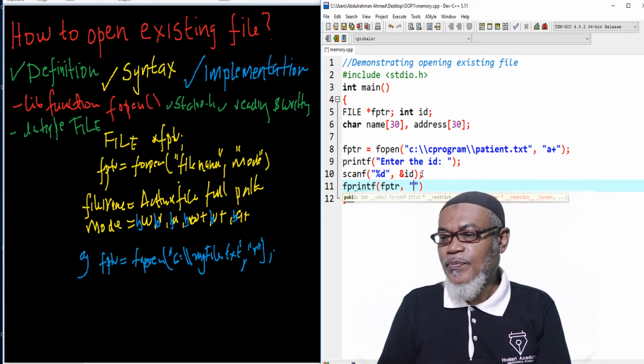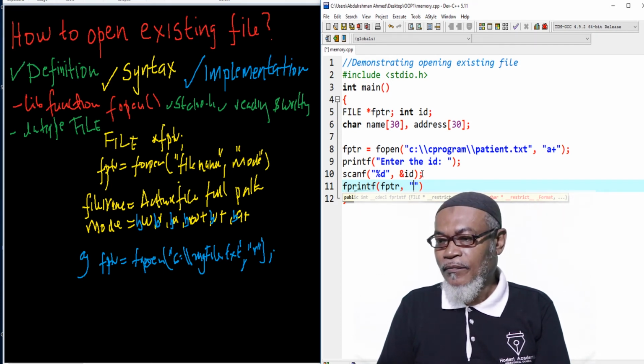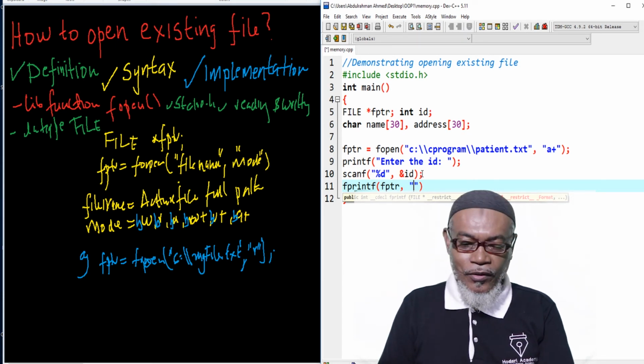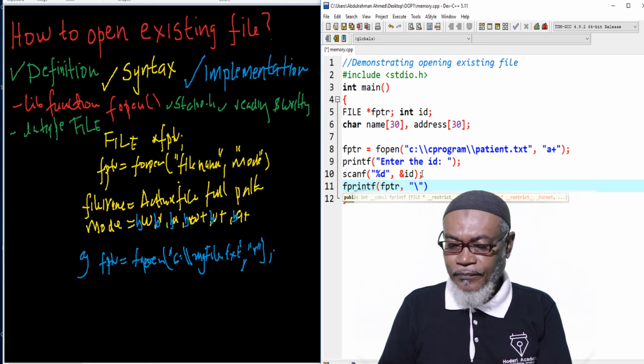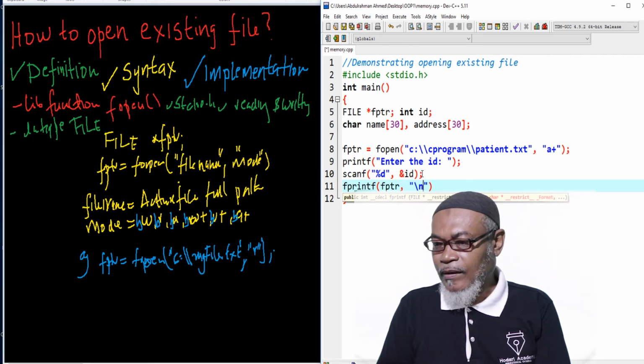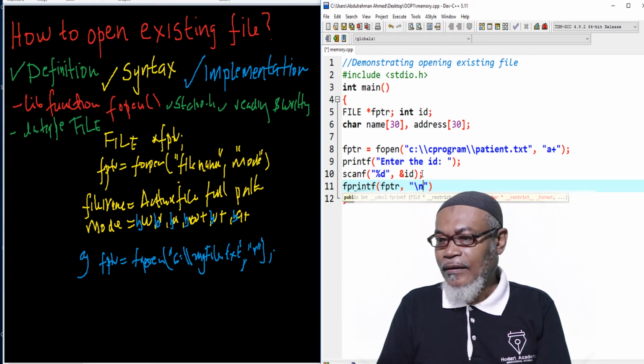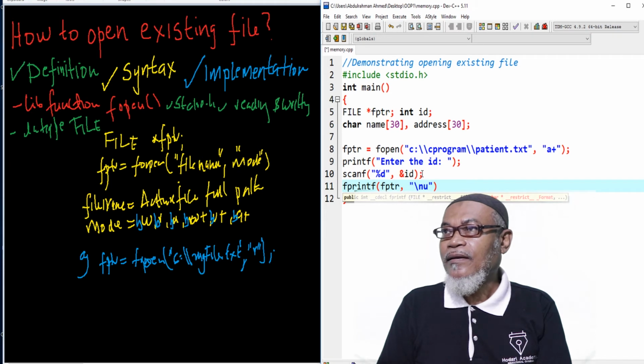So our format specifier for the ID is %d. So here I can say it very comfortably: I put a line. After putting a line, what do I say? I say